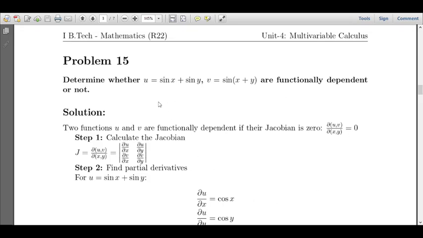Here we are going to discuss some more problems on Jacobian and functional dependence. Now, I have published one video on Jacobian where I have discussed the concept of Jacobian and a few problems on